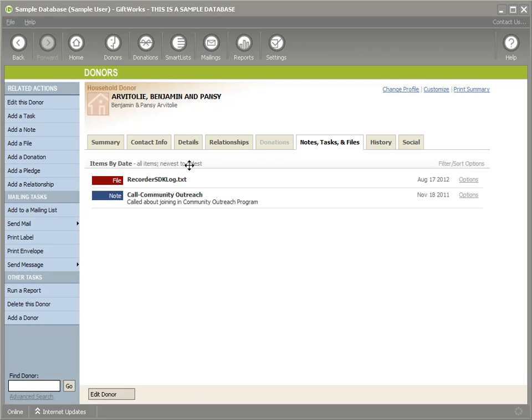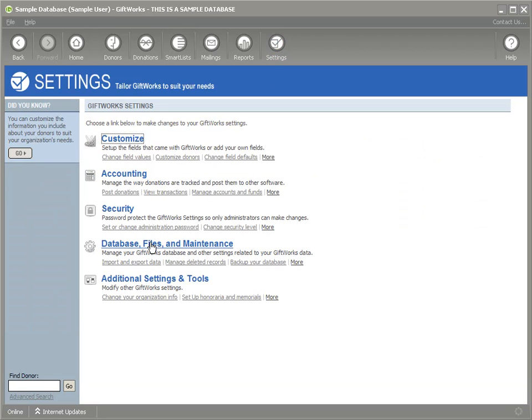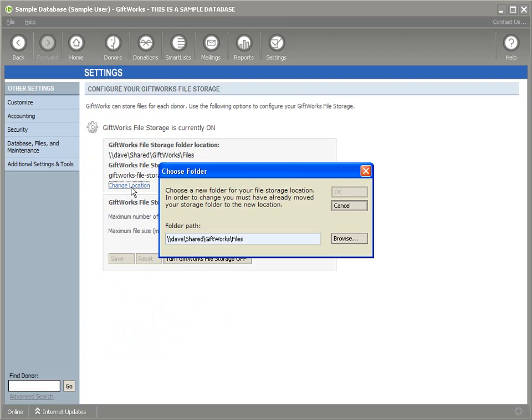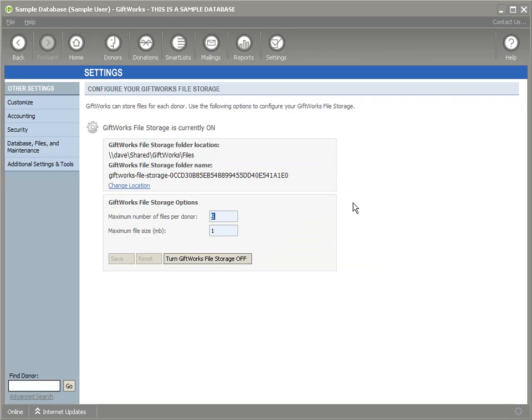When you're using GiftWorks file storage on GiftWorks Pro, you are going to have to choose a location. Once again, you do that in Settings, Database Files and Maintenance, Configure Your File Storage, and then either turn it on and set your location or change the location here. So hope that helps with getting GiftWorks file storage